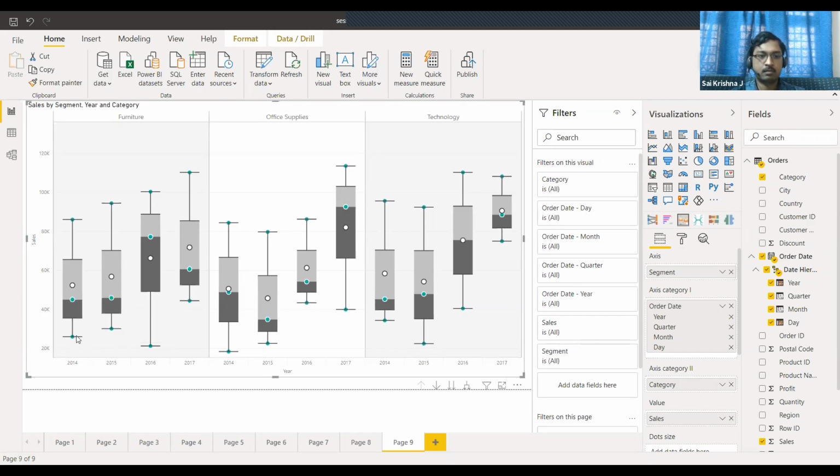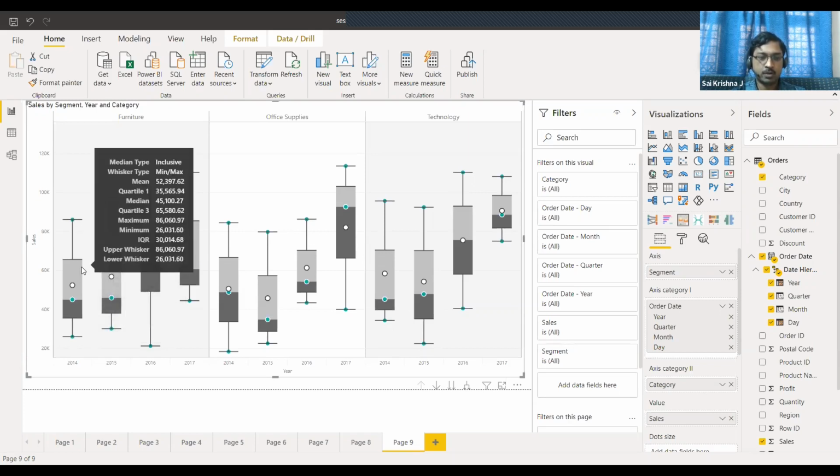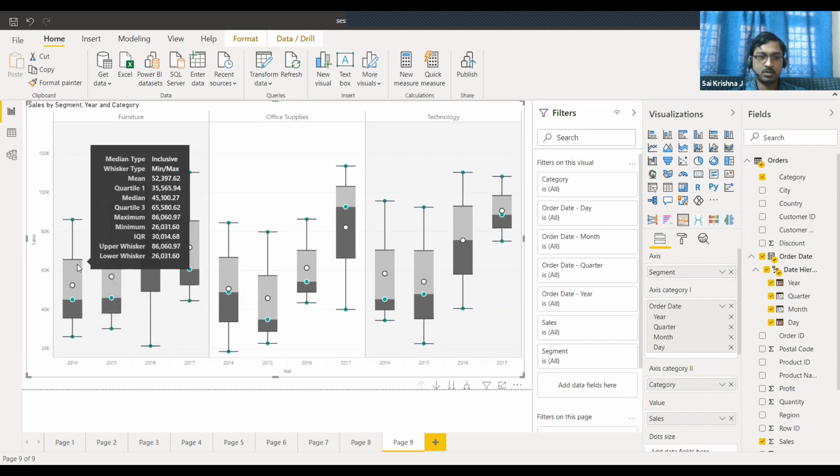Similarly, the top whisker shows the maximum value of the sales. So these two are the minimum and the maximum value. You will also get the interquartile range. If you look at the tooltip, you have something called IQR. That is nothing but the interquartile range, which is defined as the 75th percentile minus the 25th percentile.